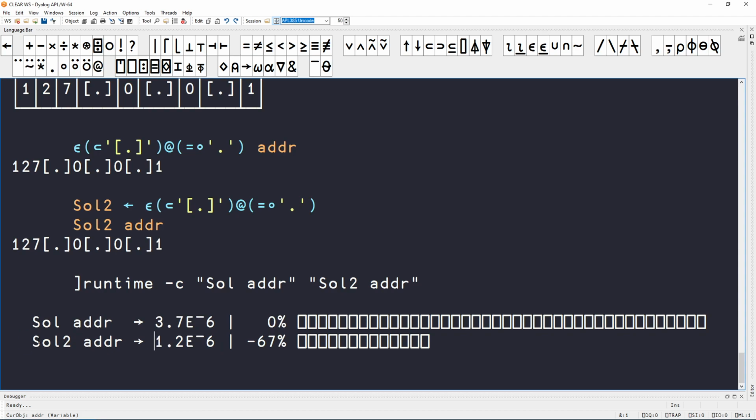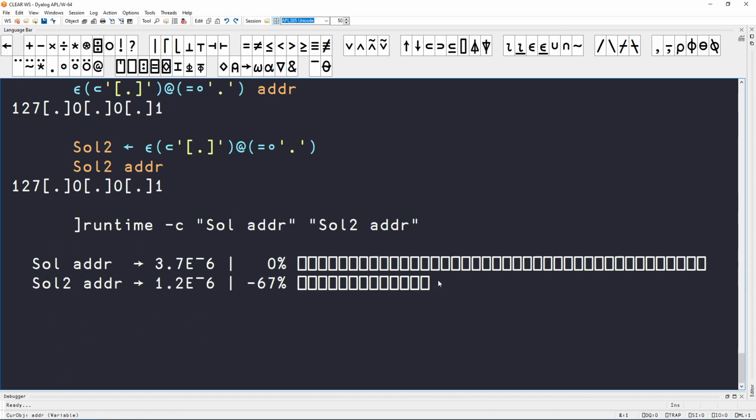But I'm sure this is not the fastest solution you can come up with. So if you want to give it a go, try to come up with a faster solution, and then maybe write it in the comments below, or make a pull request to the GitHub where I'm hosting all the solutions. And yeah, let's add your proposed solutions to that repo. So feel free to give it a go and make a pull request,